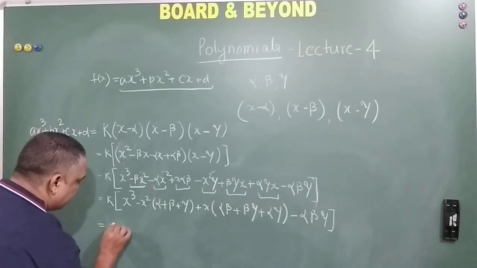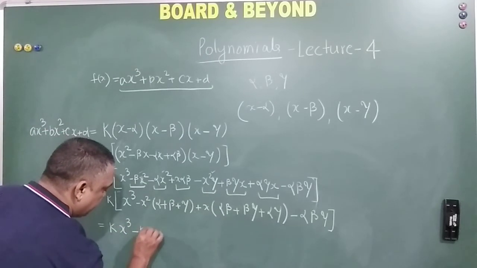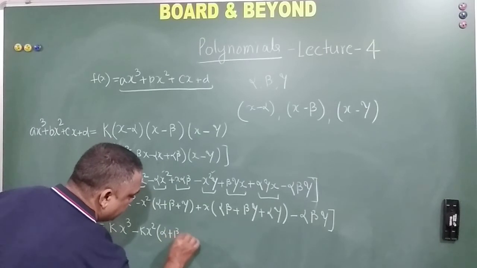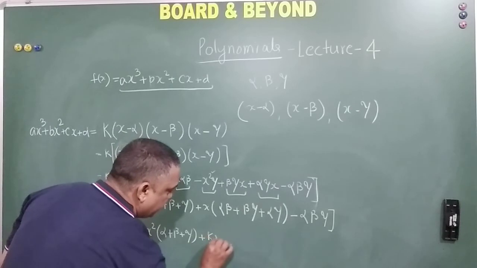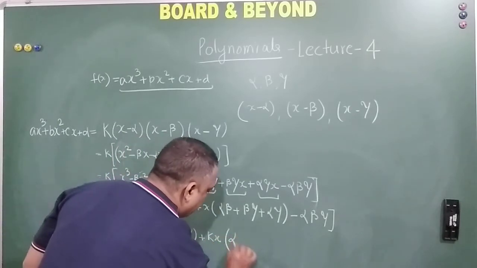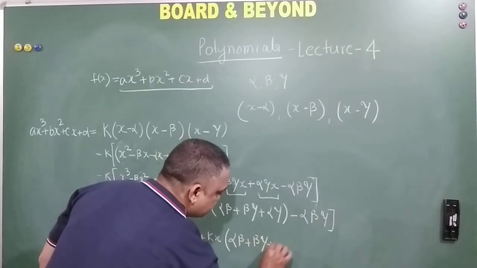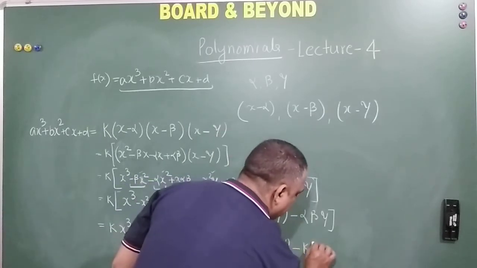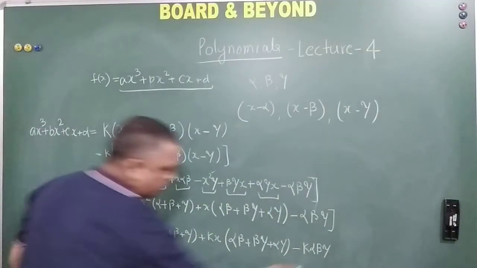So this can be written as k x cube minus k x square into alpha plus beta plus gamma, plus k x into alpha beta plus beta gamma plus alpha gamma, minus k alpha beta gamma. Okay, till here the board is visible. Okay, so